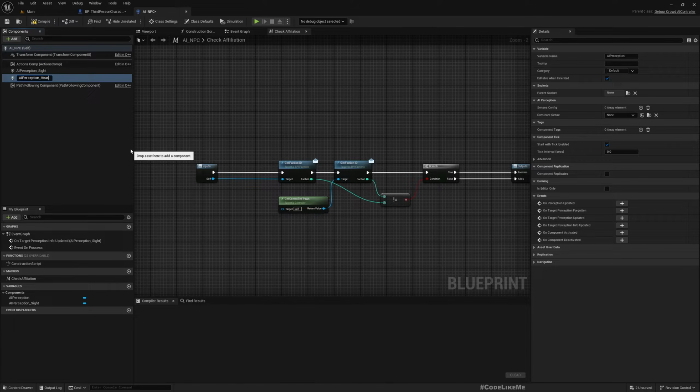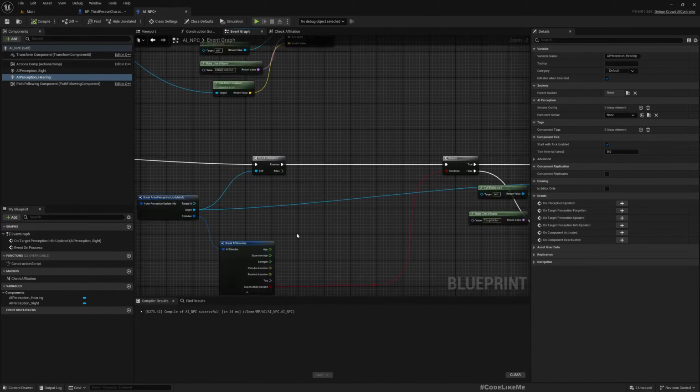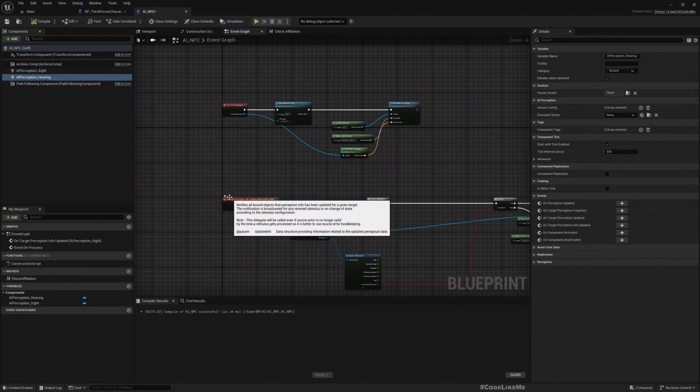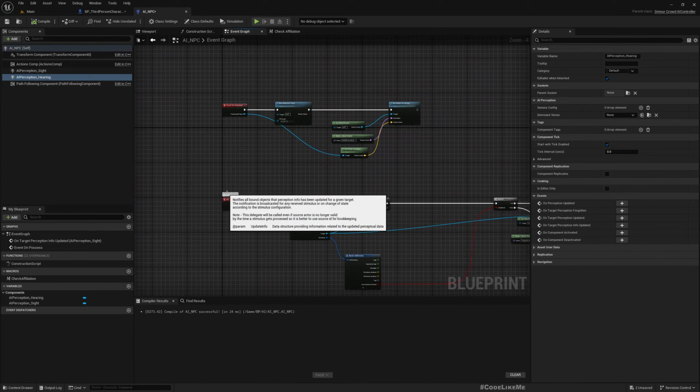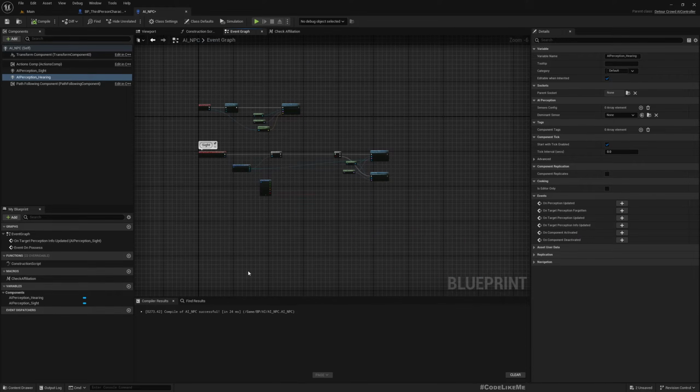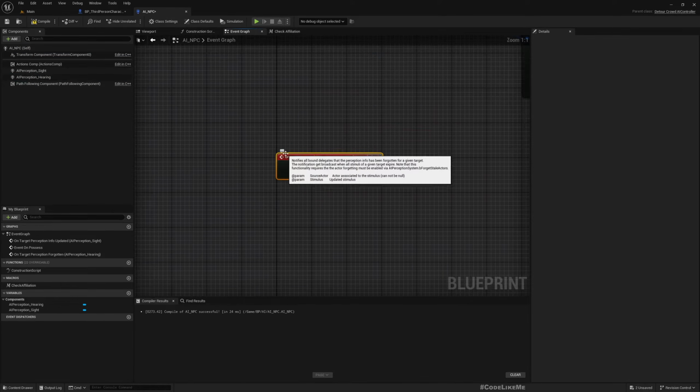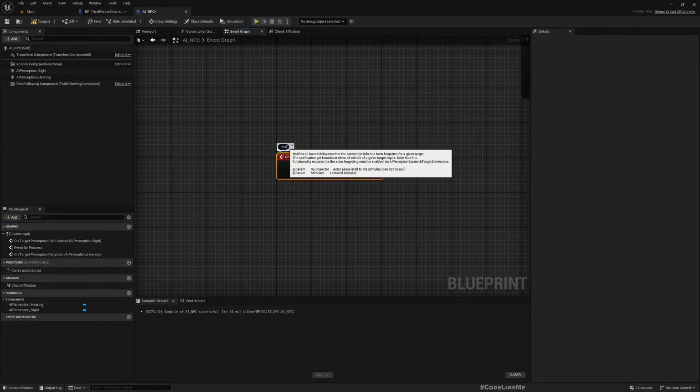I'll name it hearing, and here I'll add an event. This is sight. Let me add a comment here. Sight. So here I'll add a new event, on target perception updated. I'll name it hearing,